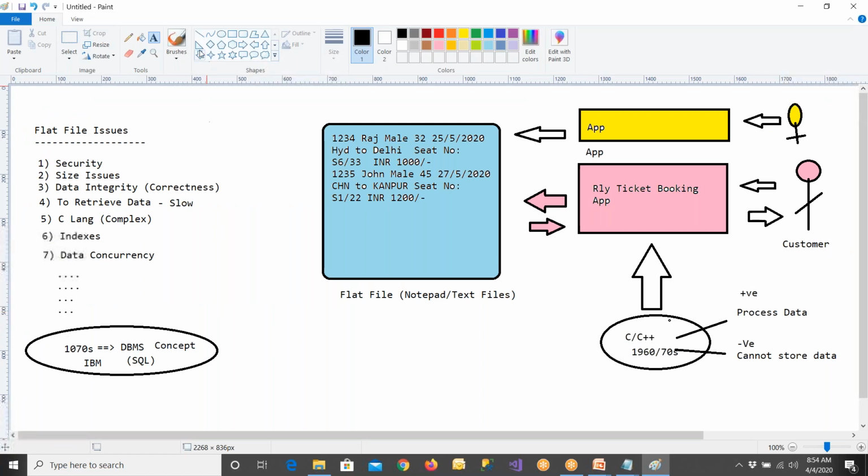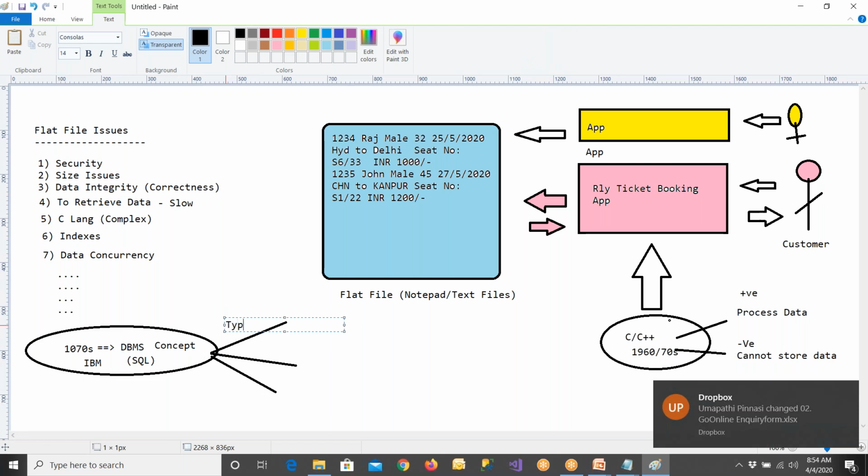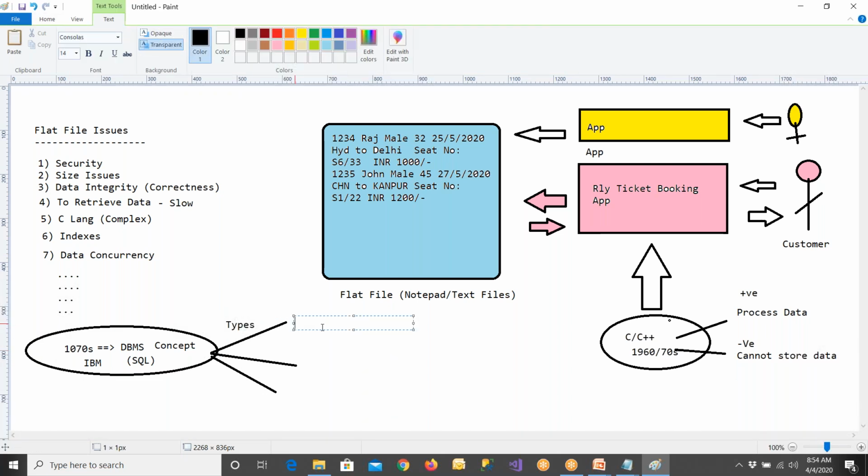Now we got lots of varieties of DBMS systems created. These are different types of DBMS systems that were invented. The first one is called the network DBMS concept. Okay, the network DBMS concept got created. This was an utter failure. It was not handling things properly. To handle all these things, network DBMS was a completely failed concept. It is one type of program that you can use to store the data.